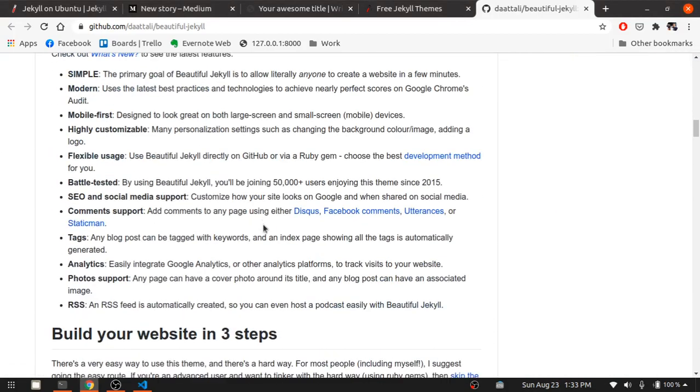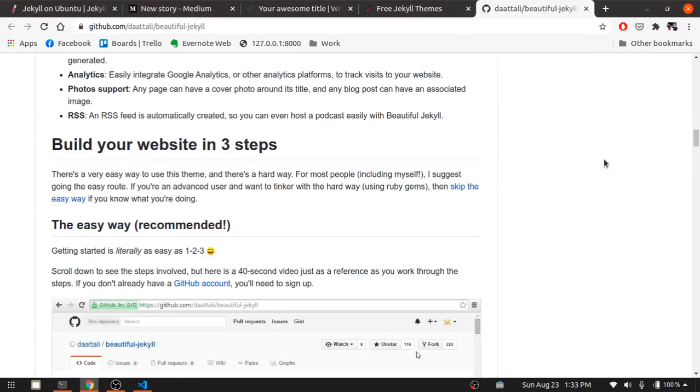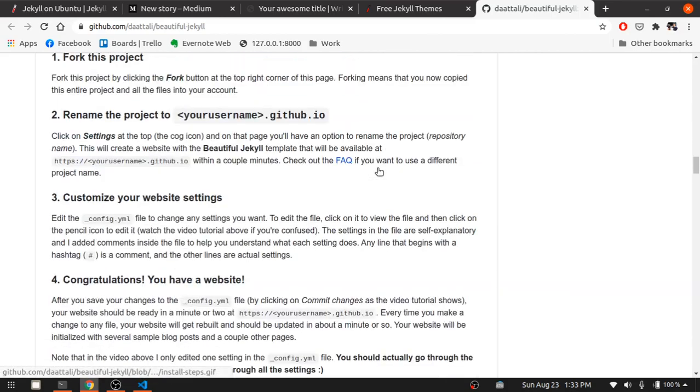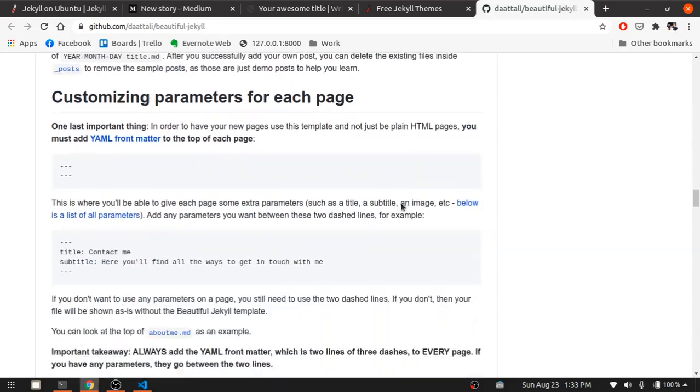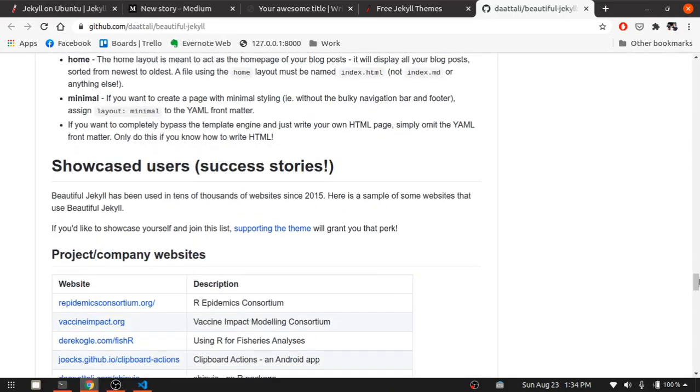So the way we run this theme or run this website is in 3 steps. It's written here. So where is the build command?